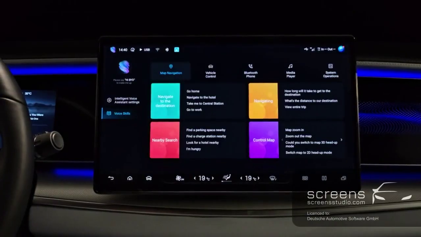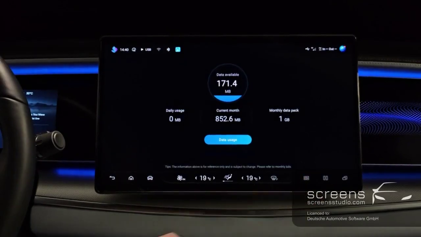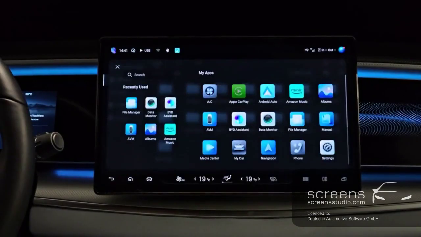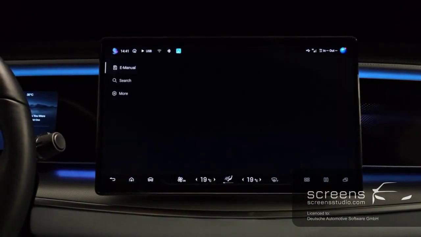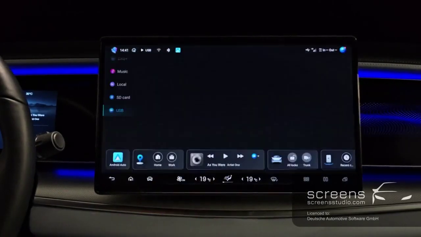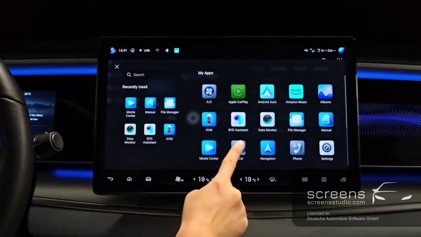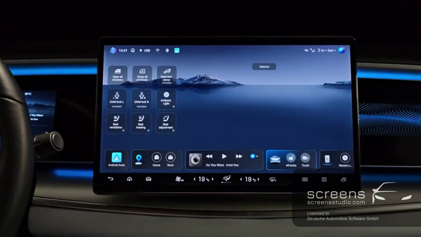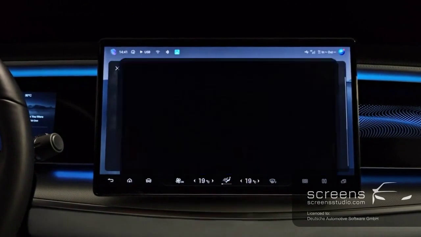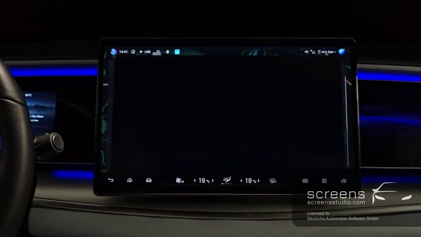BYD Assistant, Data Monitor, File Manager, Manual, Media Center, My Car, Navigation, Phone,